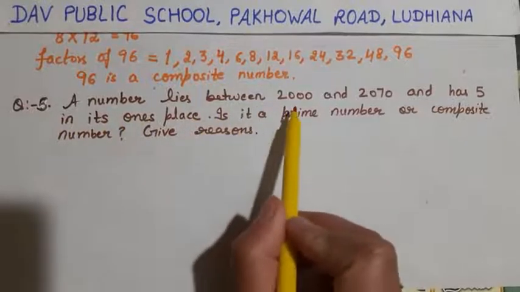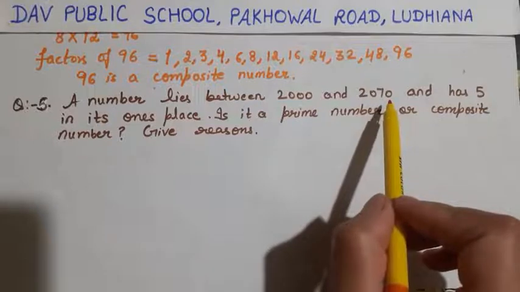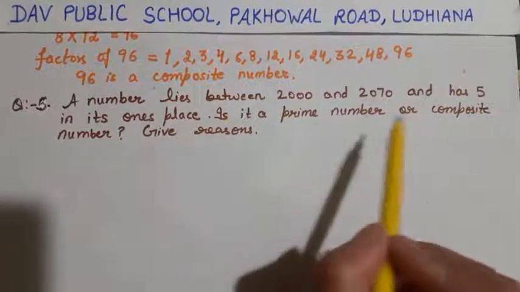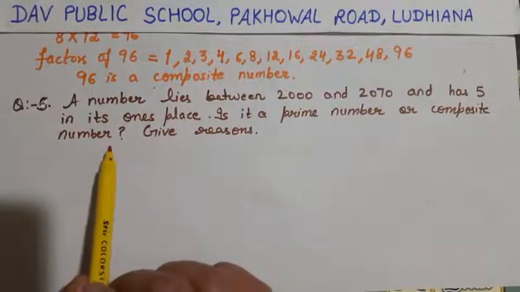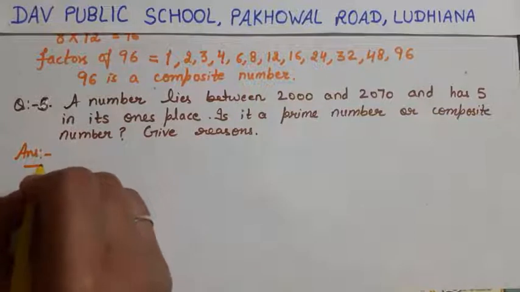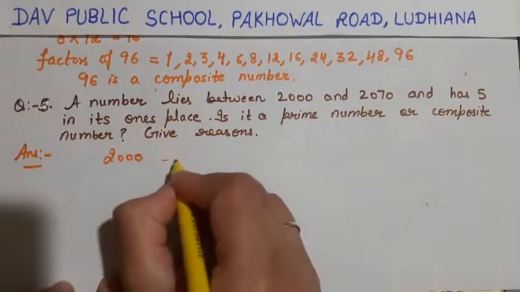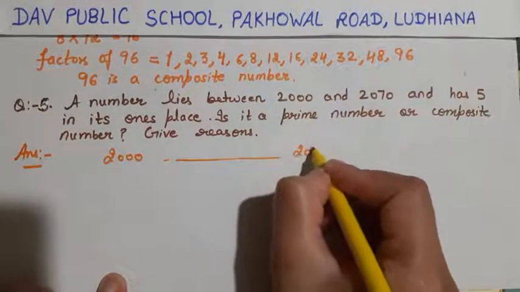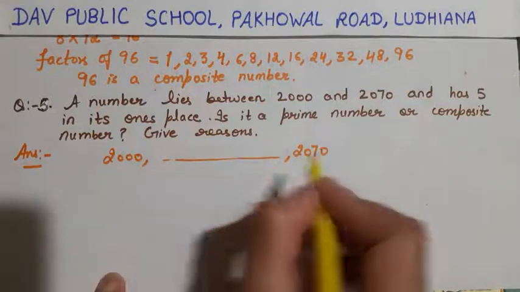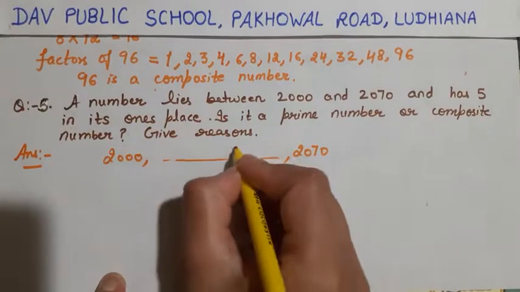Next is question number 5. A number lies between 2000 and 2070 and has 5 in its ones place. Is it a prime number or composite number? Give reasons. We have to write down a number between 2000 and 2070. It comes somewhere in between these two numbers, okay, and has 5 in its ones place,